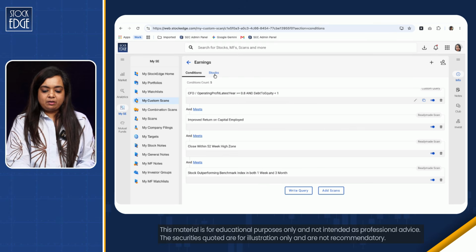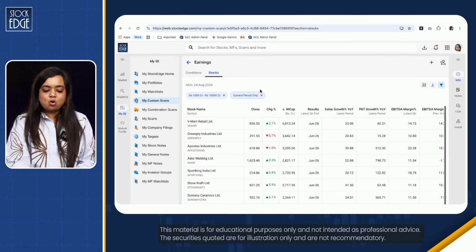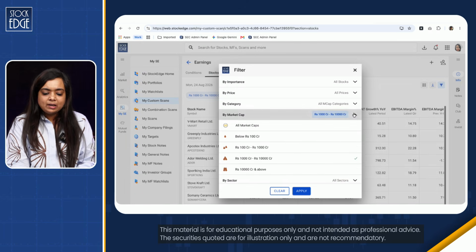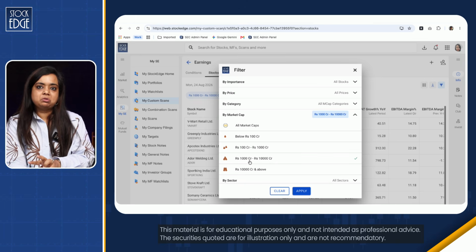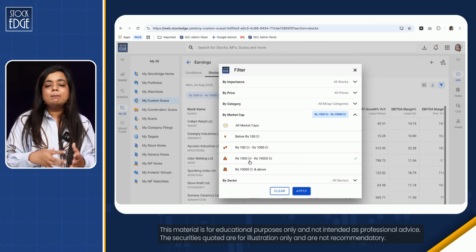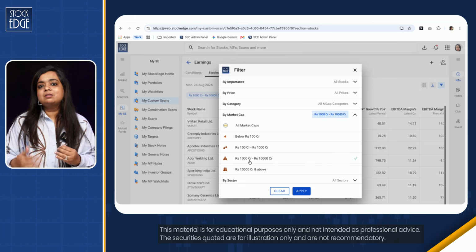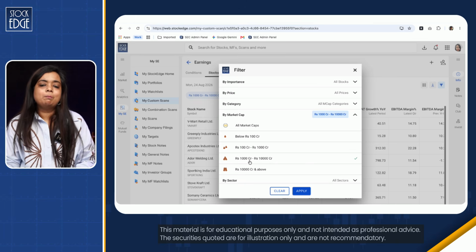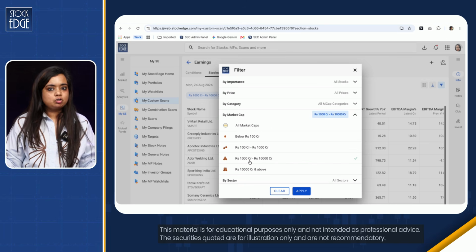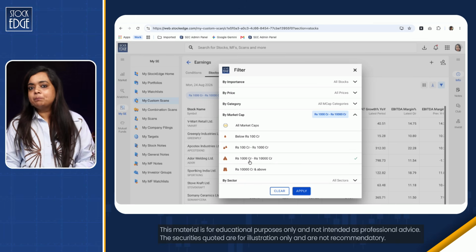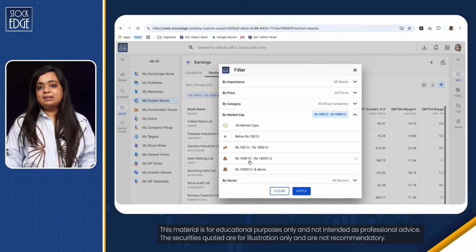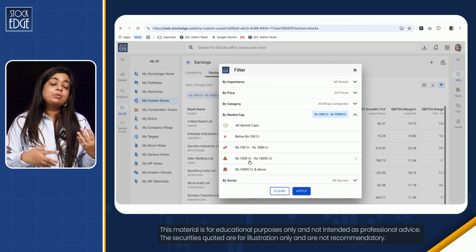Now, when I click here, I can check the list of stocks which has come in here. I have used the filter feature and I only want to check stocks which are within the market cap of 1000 crore to 10,000 crore, because I personally believe that mid cap and small cap stocks have a propensity to increase at a much faster pace compared to a very large cap stock. Also, the current market condition is such that the mid cap and the small cap sector or the entire index is giving much more performance compared to large cap stocks.